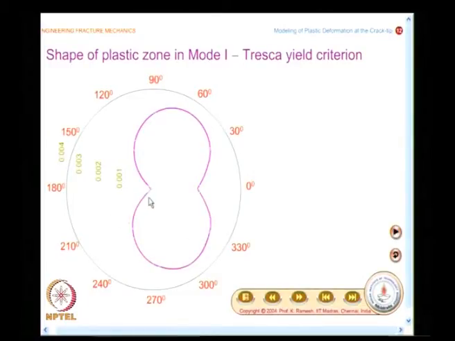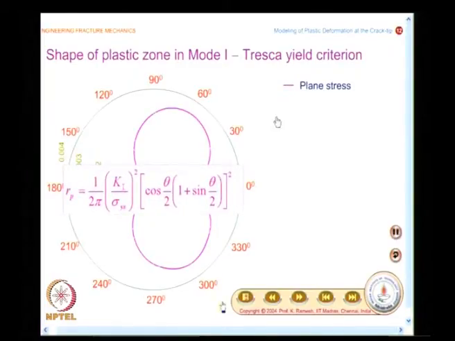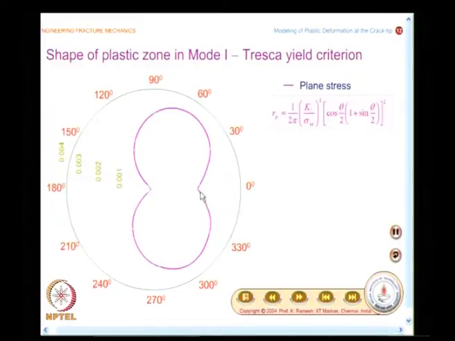So, what is done here is, this is the crack tip, I have radial lines drawn for various angles. Make a neat sketch of this. You have an expression for the plastic zone length Rp as a function of theta. So, mark this and join them as a curve, and this is obtained for the plane stress situation by the Tresca yield criterion. You have already written down this expression, and you will have to draw this sketch.